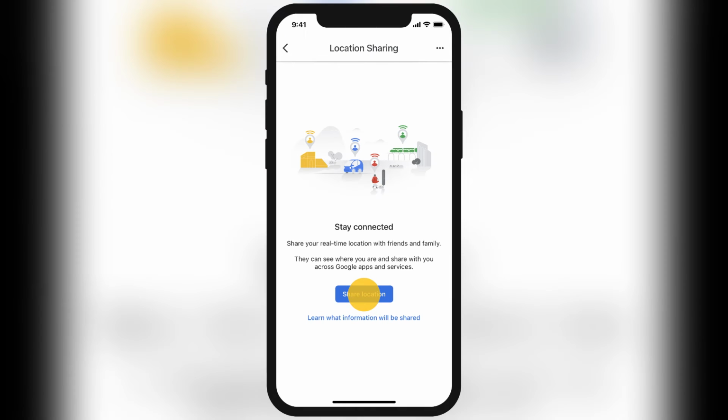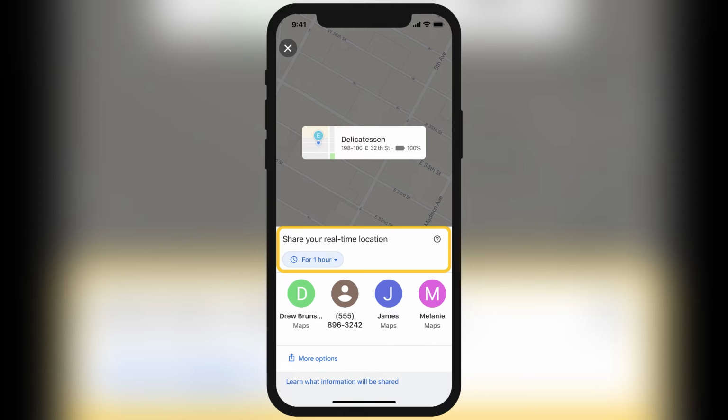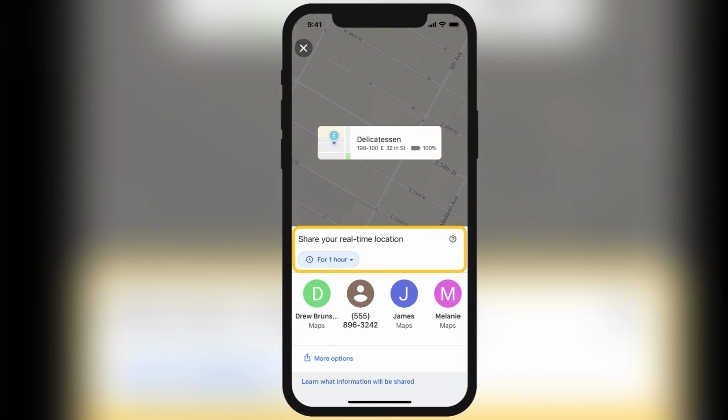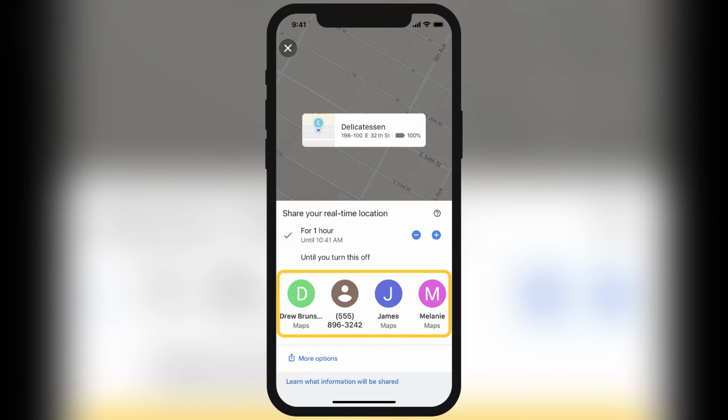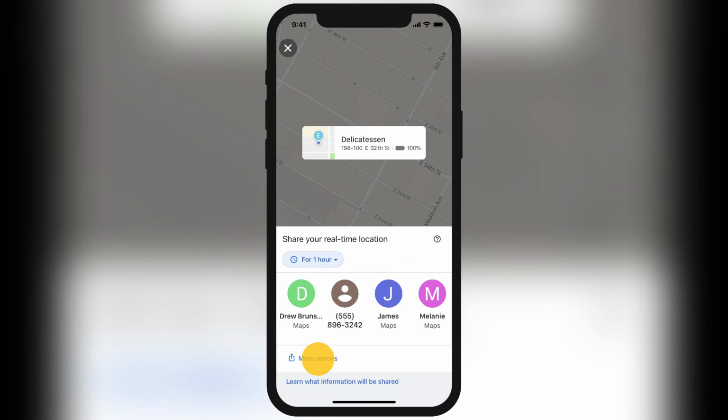You'll have to select a contact from your list. Just tap their account icon, then tap Share. It's important that if prompted, go to Settings, Maps, Location, and set to Always to allow real-time sharing even when the app isn't open. And if you want to share via link, tap More Options, then tap Copy, paste, and